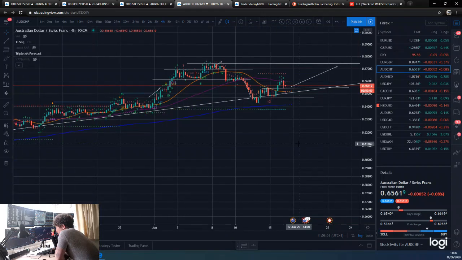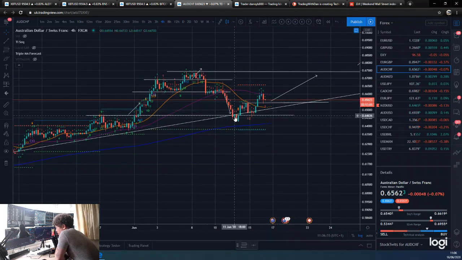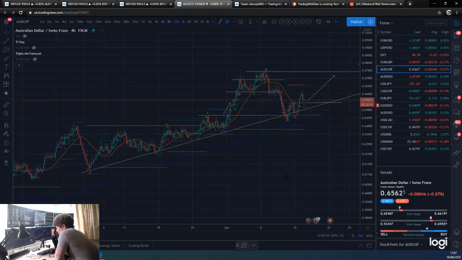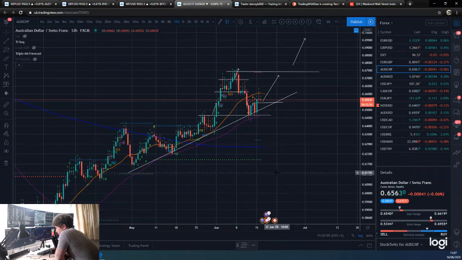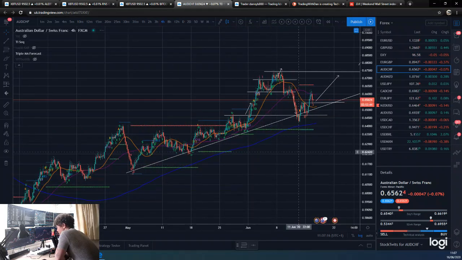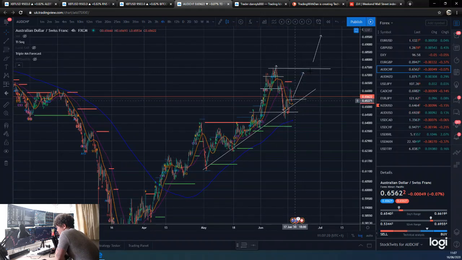Did we have anything on the 4-hour? Yeah, we did. We had a great 9 on the 4-hour too. So we had a 4-hour 9 here, basically just as we break below the trend line. So what we had was a 4-hour and then the 4-hour here, and then obviously the 12-hour 9 there as well. So there was a pretty strong case with the two 9s and the trend line and the overall trend for this to make a move up, and this may give it the impetus to keep following this trend line up